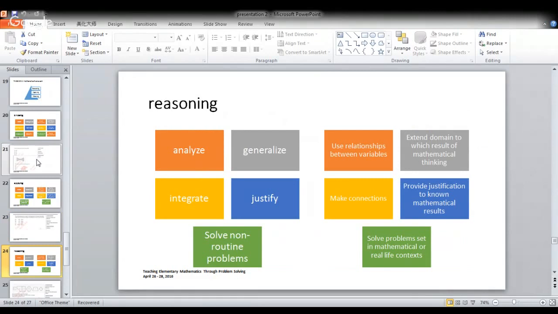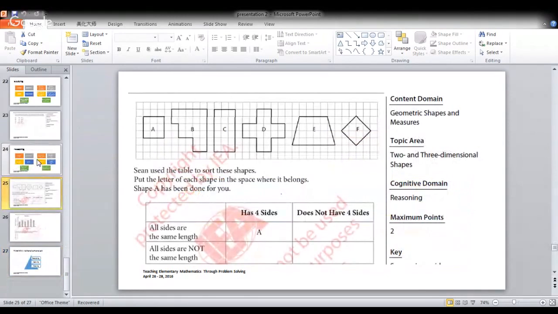And always remember, when you teach math, think about the students being able to reason out and justify their answers. Make analysis of their solution. Solve problems in real life context. Make connections to what we have discussed. Use relationships between variables. So that is what we call reasoning. And this is one example of our reasoning items in TIMSS. Okay? So therefore,